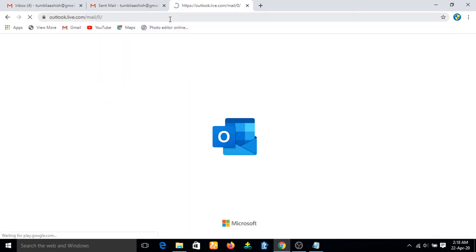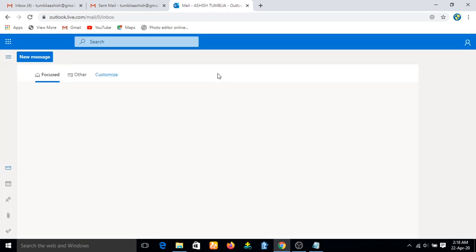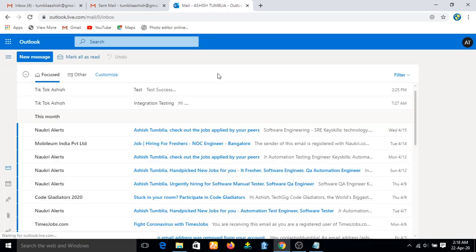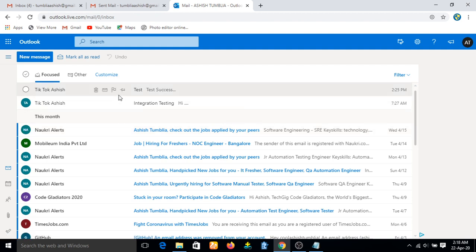Hotmail.com. So see, in the inbox the mail is not present. That means the application is working properly. If you get the mail in this email ID also, in this account also, that means there is a defect.